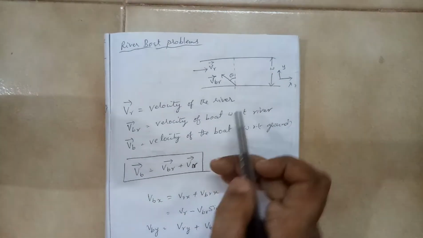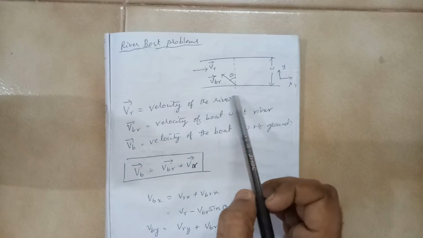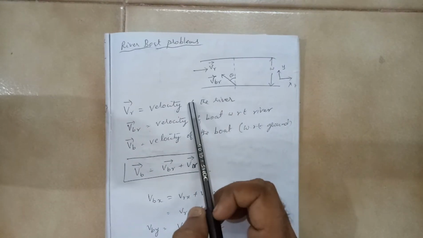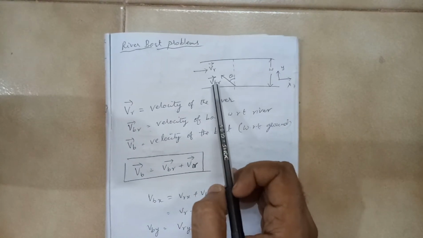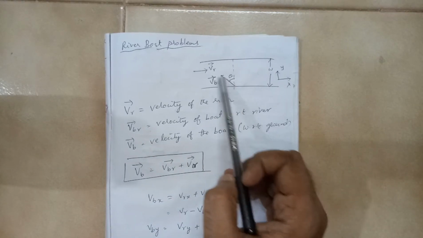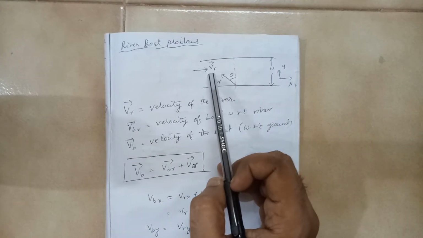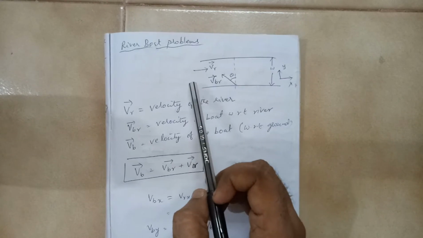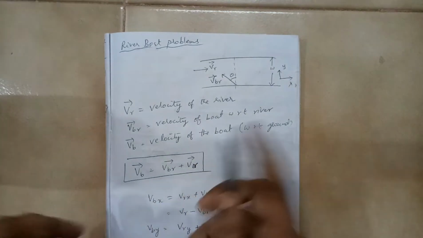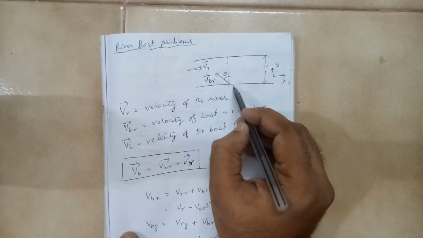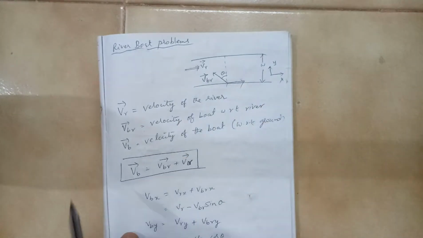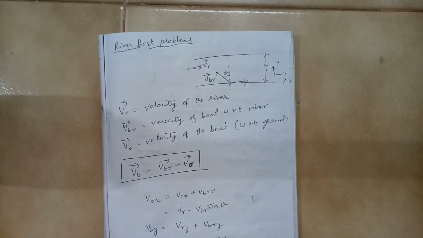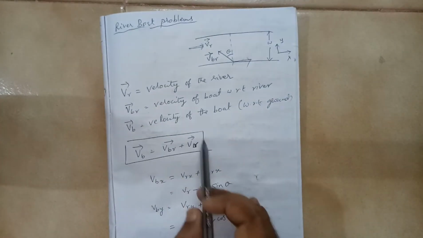Now here in this diagram I have written this as Vbr. Vbr means the velocity of the boat with respect to the river. Right? Here the reference is the river. Even if I have shown it like this, river direction is always in only one direction. So we need to remember this